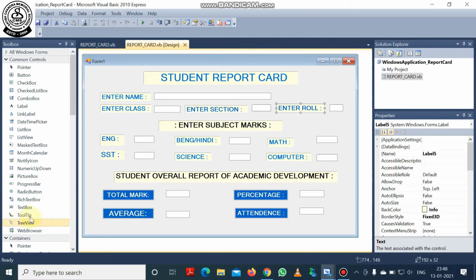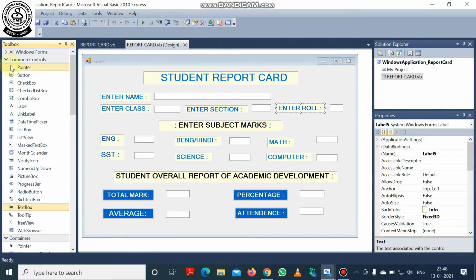Now the text boxes, here I have used 1, 2, 3, 4, 5, 6, 7, 8, 9, 10, 11, 12, 13, 14. 14 text boxes I have taken. So why have I taken them? Because a text box is an object which is used for taking input and showing output.